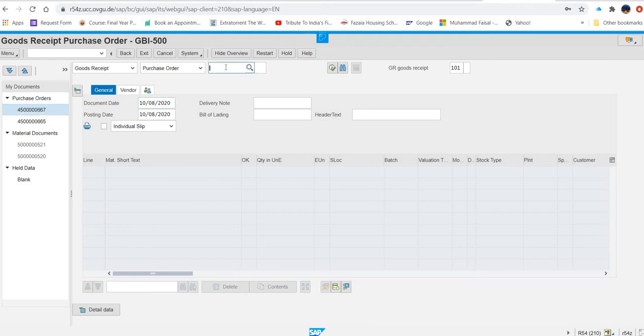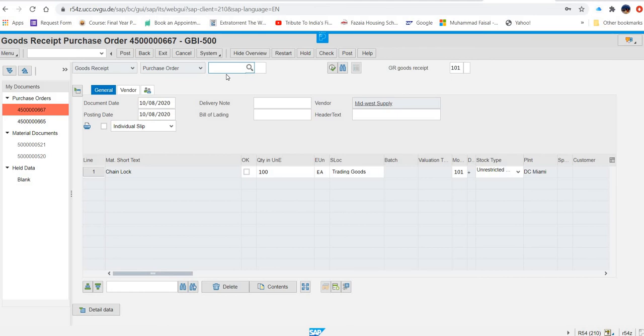I can type this number here. Maybe double click will work also. Here. Okay. And then once you press enter, it has to be populated, and it is populated now.